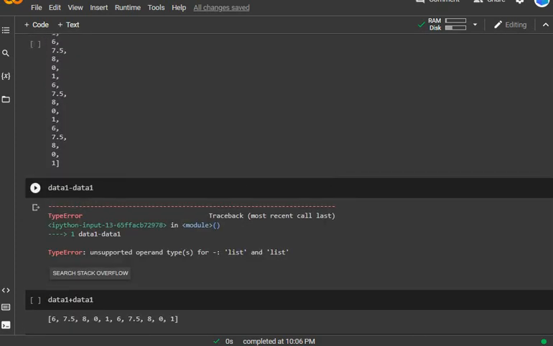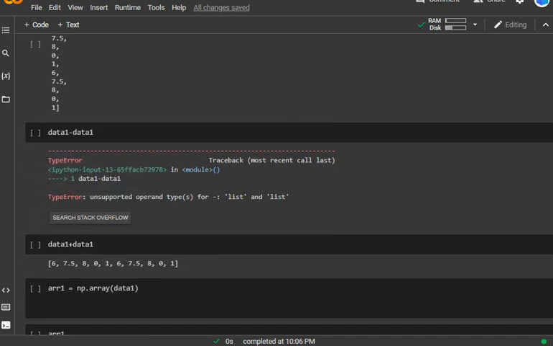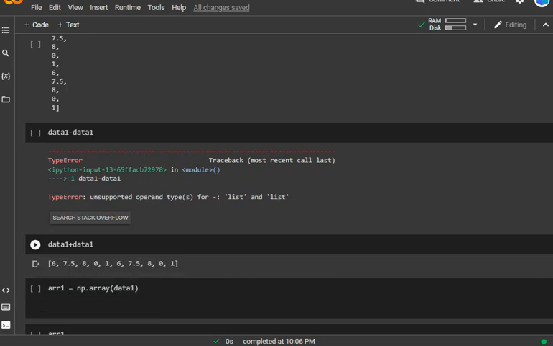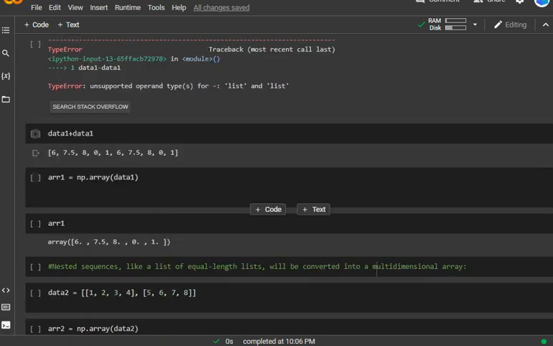We cannot subtract data1 from data1, but we can add data1 and data1. Look, it joins the lists and repeats them. This is the way to get 2 times the list.